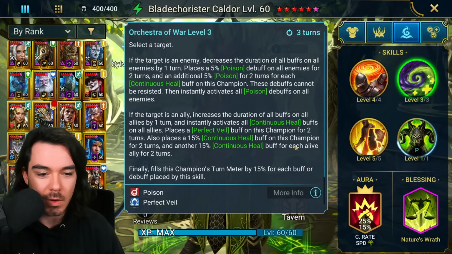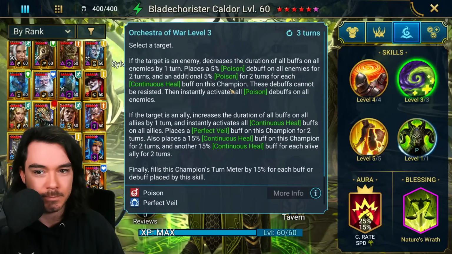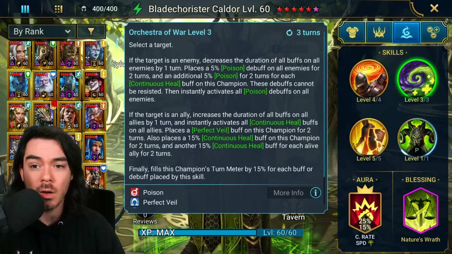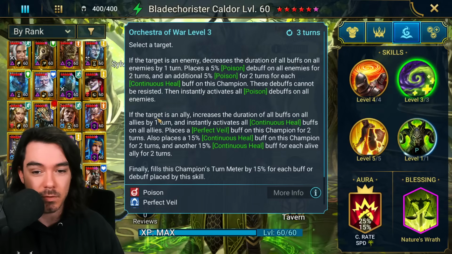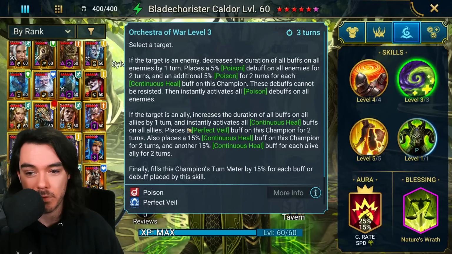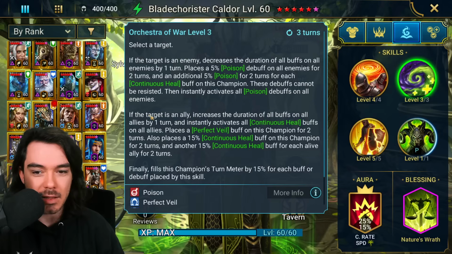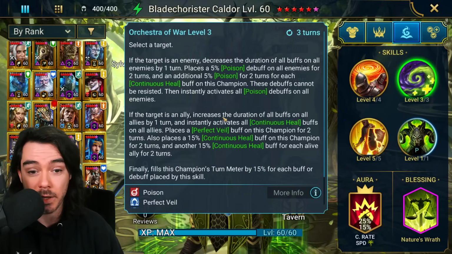His A2 is very complex as well. Orchestra of War, 3-turn cooldown. Now, on auto, from what I've seen, it will always target himself. Well, I guess it doesn't matter who he targets; he just targets one of your team. So he'll automatically, I believe, just cast this on himself on auto every single time, which means he will increase